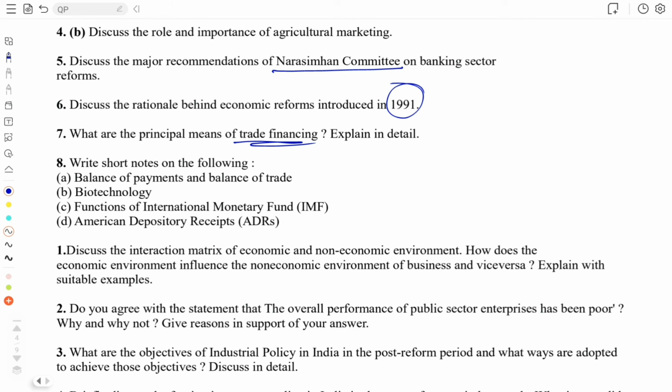Next is American Depository Receipts, or ADR. This ADR is a negotiable certificate issued by US banks representing a specified number of shares of a non-US company, which is being traded on the US exchange. So they are measured in US dollars and transacted in the US stock market similar to stocks of any other US company. So what is ADR? It is basically a certificate. Who issues this certificate? A US bank, on behalf of some non-US company.